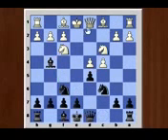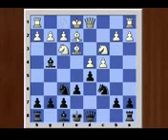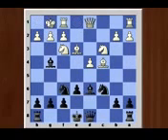Bishop g4, bishop e3, e6, bishop e2 and d captures c4 and bishop captures c4, bishop d6, castling, and rook c8, bishop e2 and castling,